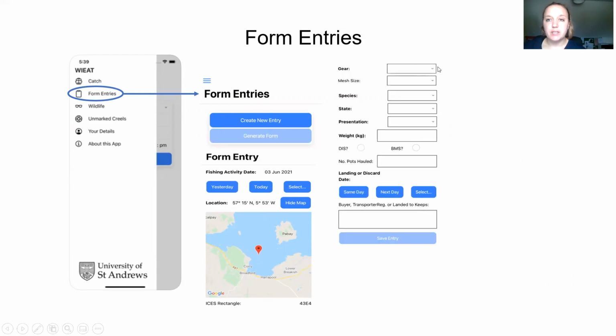You'll then be asked to fill in various fields, most of which can be done using a drop-down menu. And there's an additional free text box for the number of pots you hauled overall and any additional detail, for example, who you landed your catch to. When you save that entry, all of your entries will be logged in the app, and when you've completed all of these for your different target species and your different days fishing for that given week,